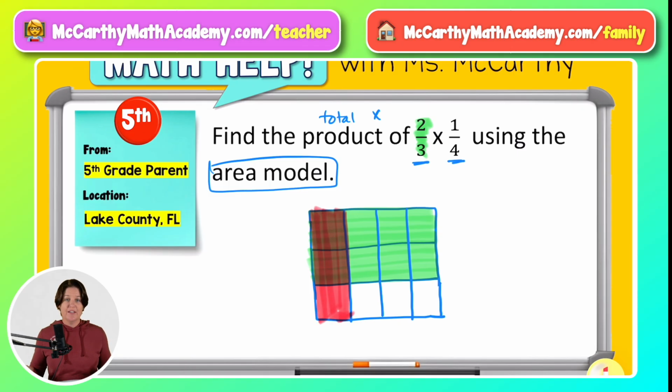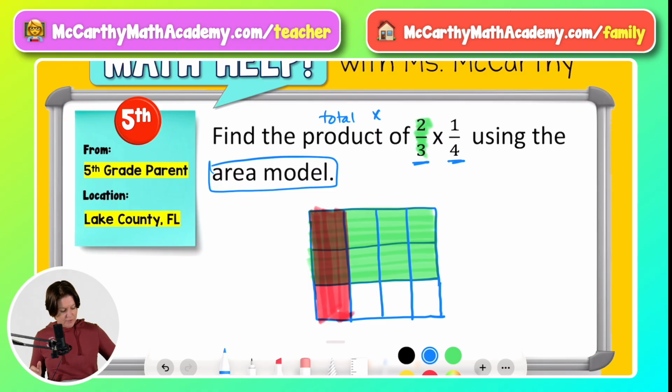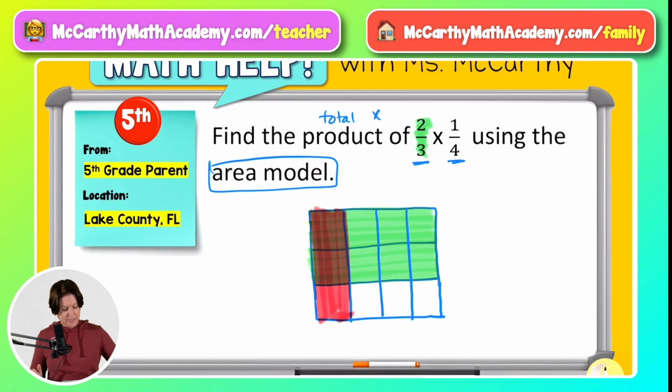Okay, and you might be thinking, wow, this is great. What exactly are we doing here? Well, what we're doing is we're finding where these two meet, okay, where they overlap. And that is right here. I'm boxing in the part where the red and the green, or 2/3 and 1/4, have met. And you can see that that is